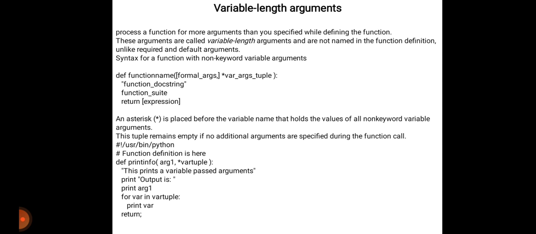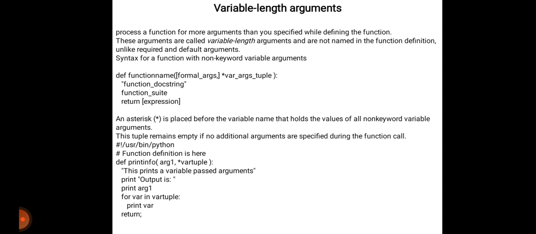Of variable length arguments. Here hashtag user bin Python, the function definition is here. Define the printinfo function with argument 1 and a variable tuple. This prints the variable passed arguments as output. Print argument 1, for var in variable tuple, print var, and return to the program.